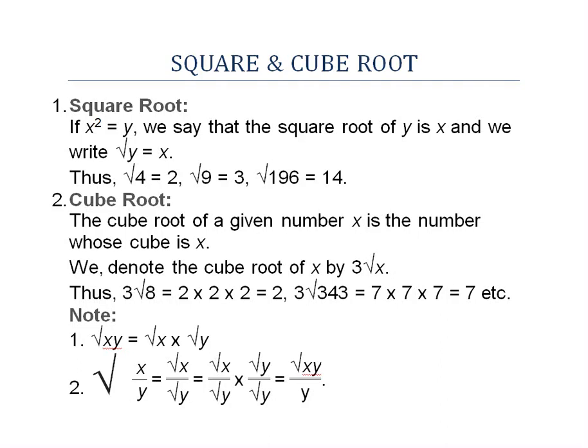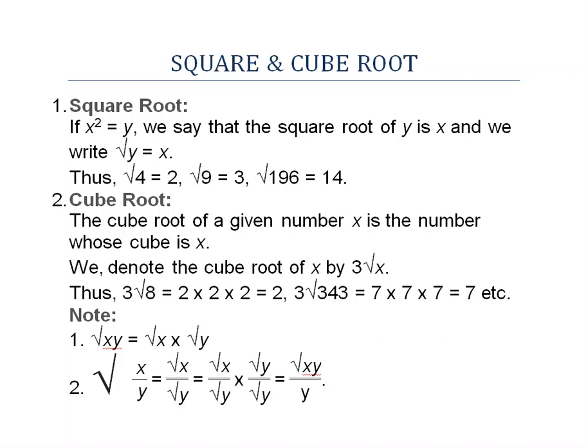So we'll start with what is square root and what is cube root. If x square equals y, we say that square root of y is x, and we write root y equals x like this. So we know that square root of 4 is 2 and square root of 9 is 3. Square root of 196 is 14. What happens in square root basically is that